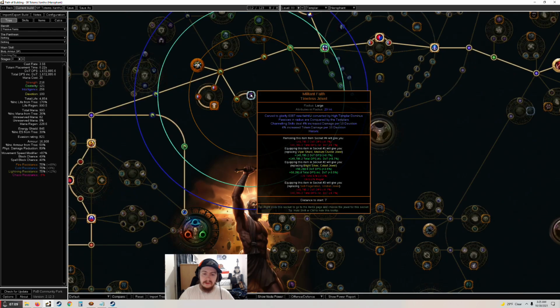Try to get one of these with totem damage and channeling damage. Channeling skills do 4% damage and totem damage per 10 devotion. Just get any one with those two because when you divine them, those are not removed. The mods of per 10 devotion stay. Those are just set on the item. So all you need to do is buy one with both the totem damage and channeling skills. I think I bought mine for like 35C,